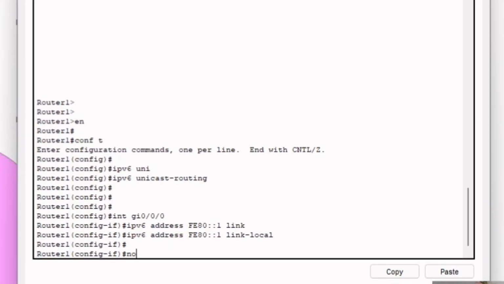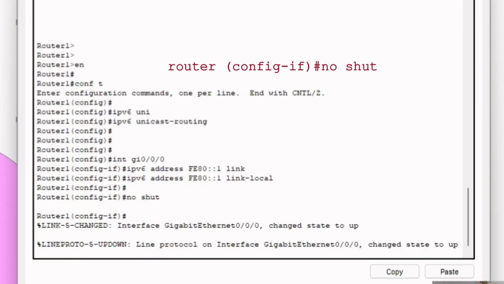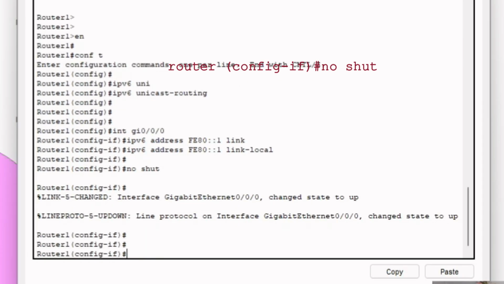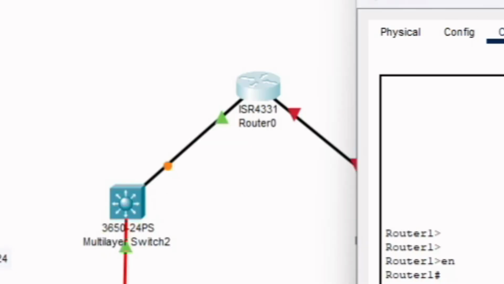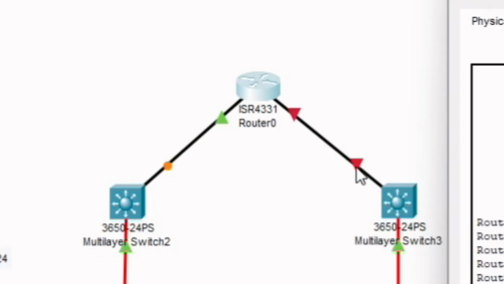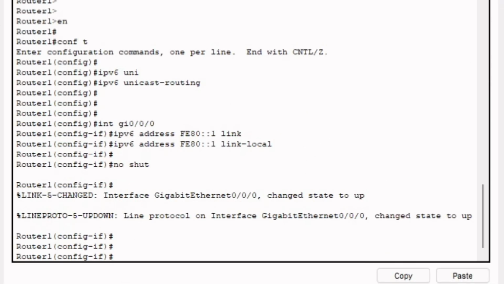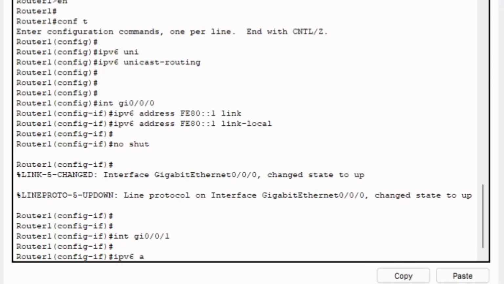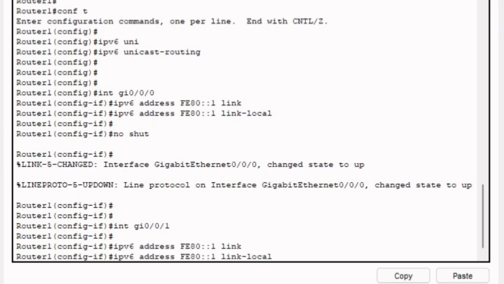And the next command is no shut because the router's interfaces are disabled by default and we have to manually enable them. So you can see in here in our topology, the interfaces are red because they need to be enabled. And just do the same with the other interface. Just type in the IPv6 address command. And you can also use the same